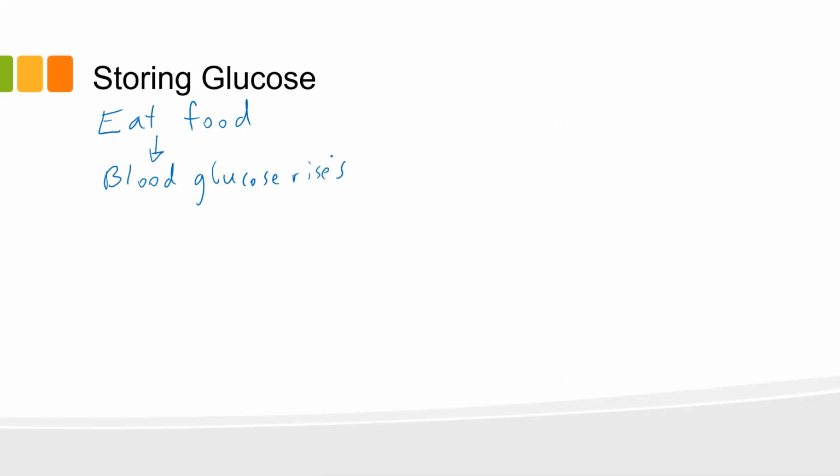So then the question is, what happens at that point? We want to talk about some hormones, but what happens is that this stimulates your pancreas. Your pancreas is an organ, of course, that makes all sorts of enzymes and hormones and things like that. It stimulates your pancreas, and this is going to release insulin. So insulin is a hormone protein, and like I said, it's released when the pancreas detects that you have high blood glucose.